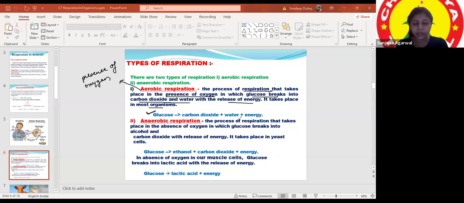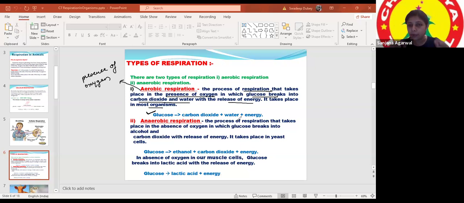Yeah, absolutely correct. Because the task we are performing requires more energy, but our body has a fixed rate of carrying out that equation and getting energy from it. Oxygen molecules come from breathing, so we try to breathe faster and faster so that we can get more oxygen and more energy output. But still, we have a limited supply of oxygen.